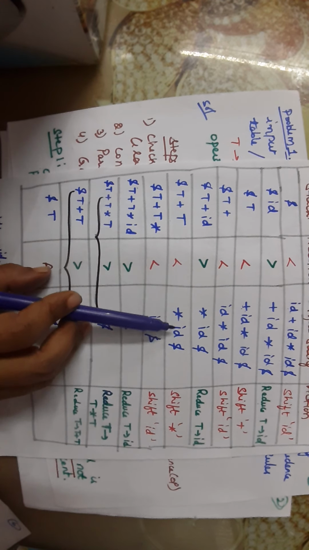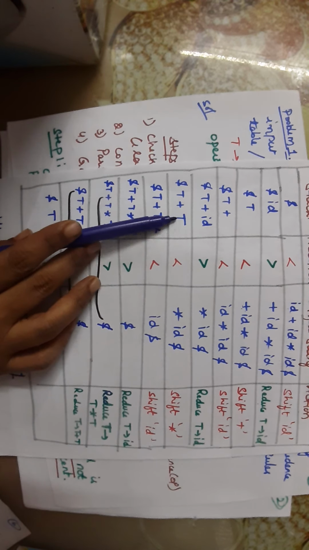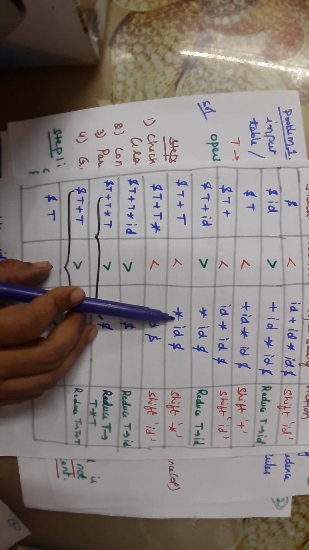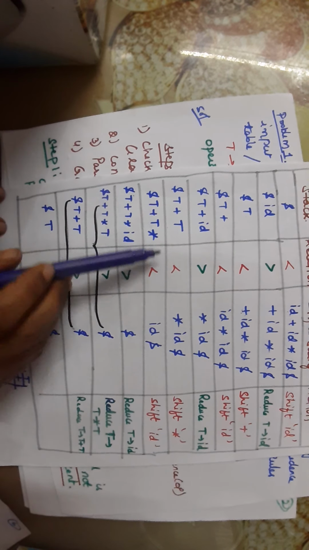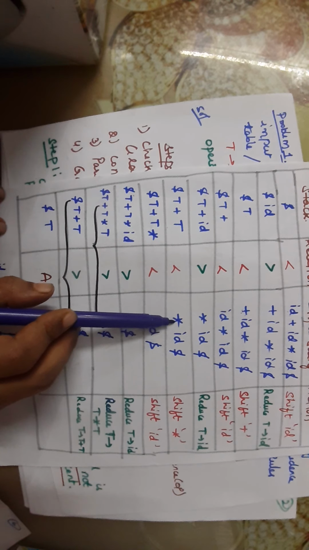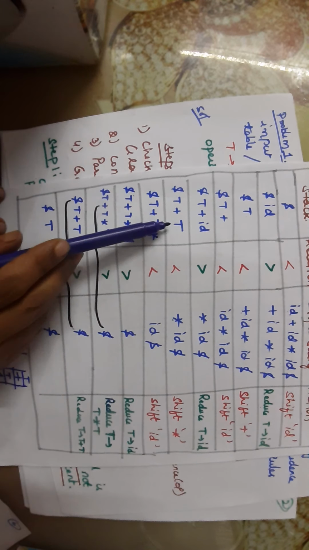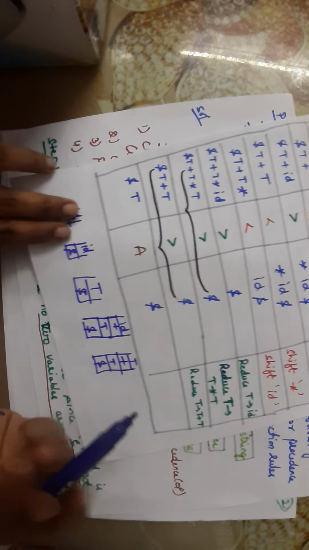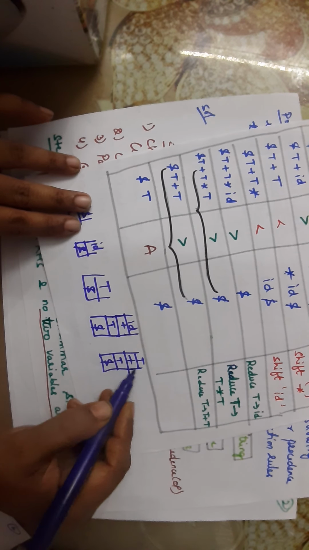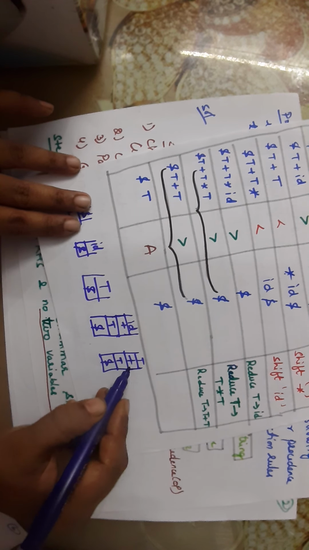The topmost symbol is capital T now. Now we have to compare the topmost symbol with the remaining input string. I cannot compare T with star, because T is a non-terminal and we should not compare it with a terminal. So what we need to do is look at the next symbol in the stack after the topmost, and the terminal there is plus.